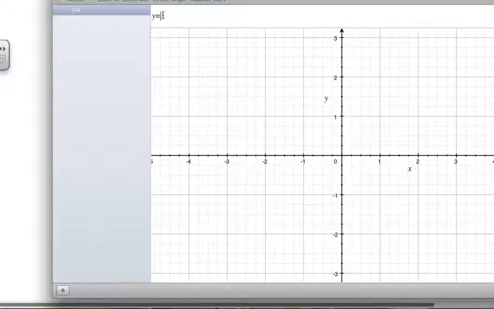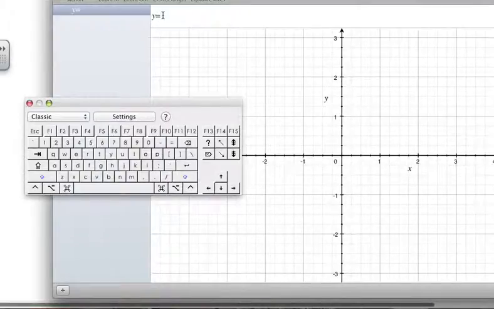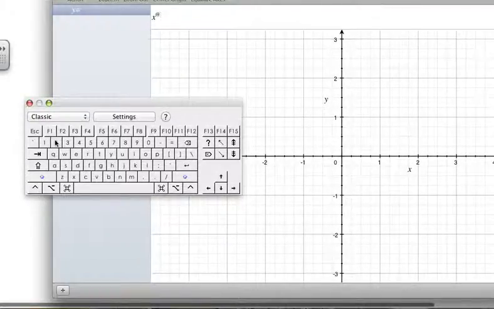So I'm going to come in up here, and I'm going to graph the equation I had, which was x, there's a caret here somewhere, squared